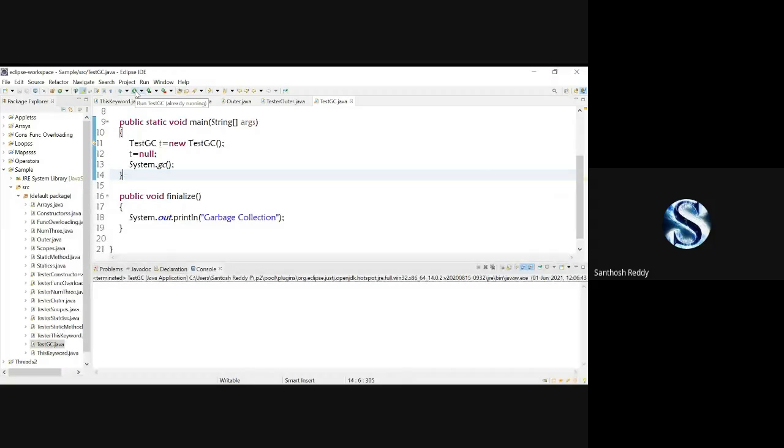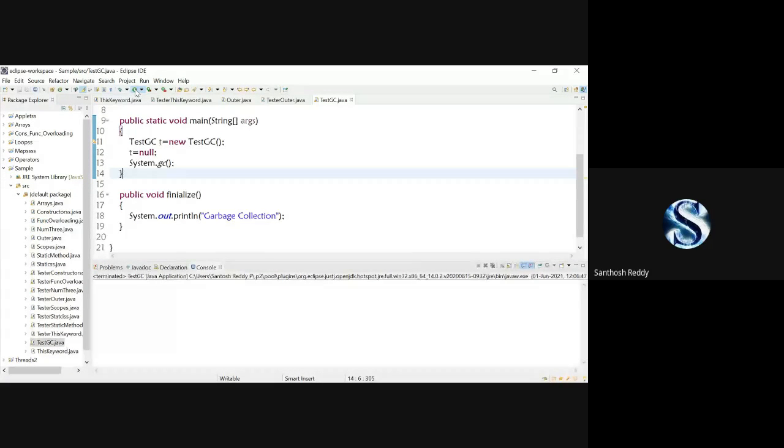No, GC is not performed. It's left to the JVM whether to take up the memory cleaning or not. Before calling the GC, it will call finalize and then it will call the GC.